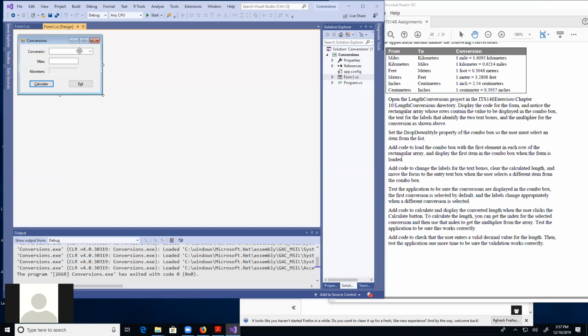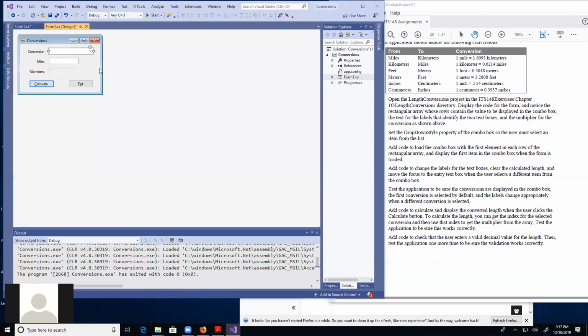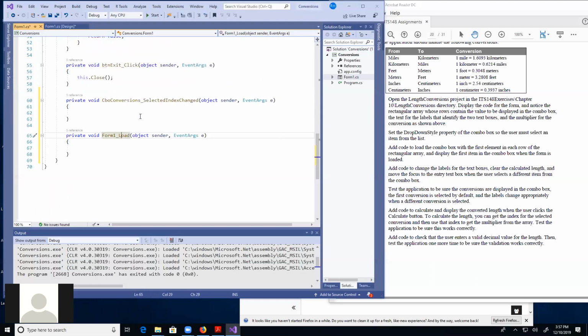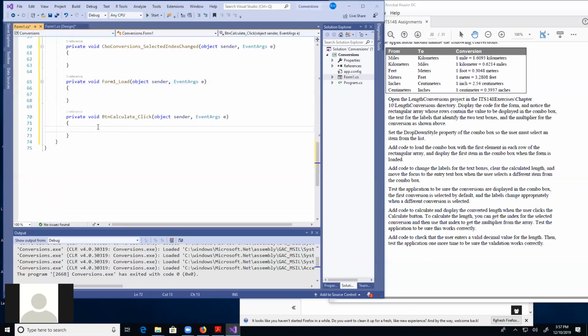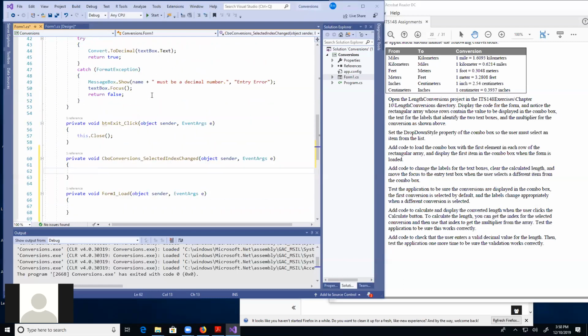double click on this thing. That is the CBO conversion selected index change. You got to add that in there, and you got to add a form handler. I'm going to double click out here. You add a form handler, and that loads this up. And then you have to also double click on this thing to start up a button calculate. So you got to fill that in. You got to fill this in, and you also have to create a